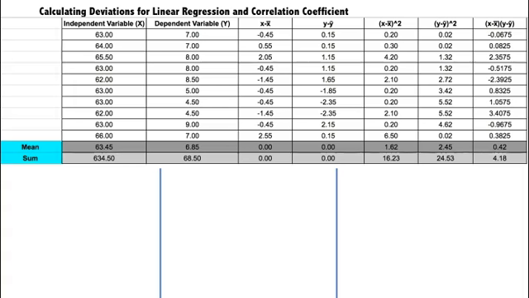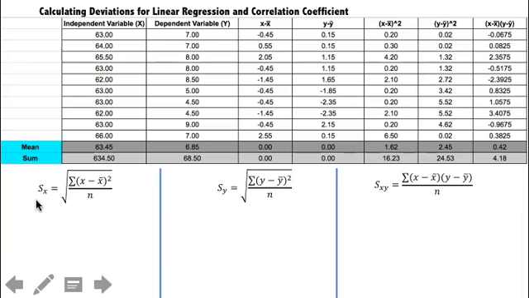So what I have here is a screenshot of the data table that I just created in Google Sheets. And what I'm now going to do is show you how you can calculate the deviations, which we'll then use for a linear regression and the correlation coefficient. So there's three standard deviations that we need to calculate. The first is the standard deviation of our x values, which in this case is the heights, then the standard deviation of our y values, which is the shoe sizes, and then something called the covariance, which is marked as